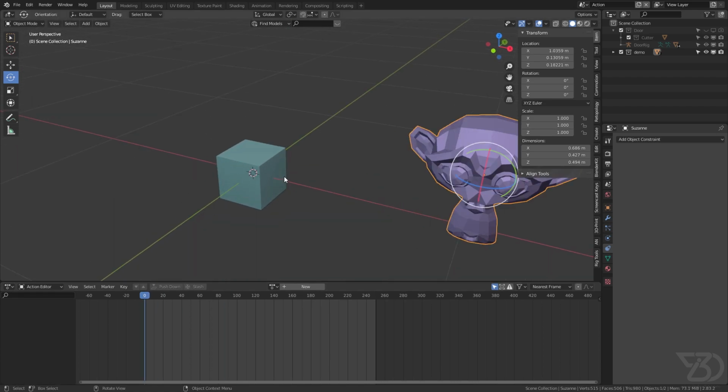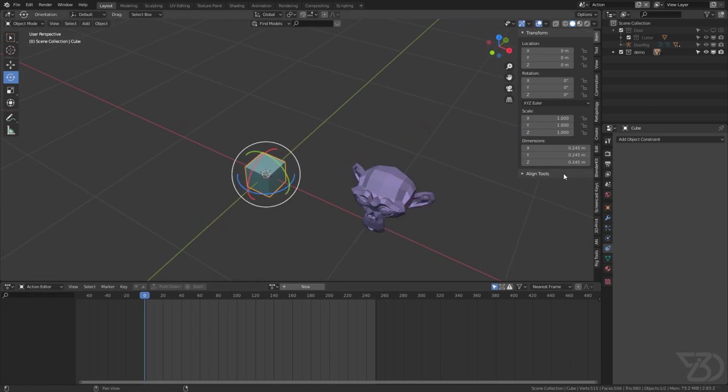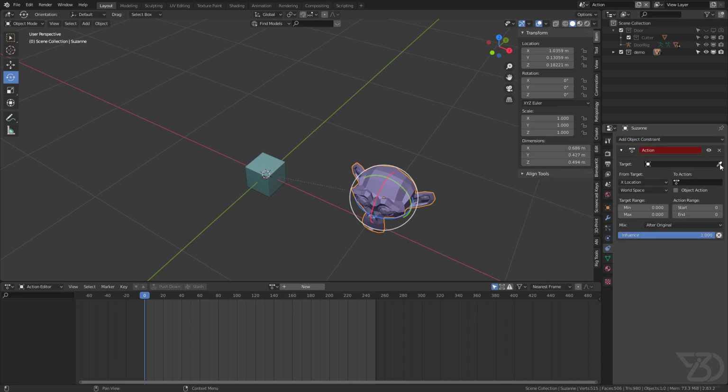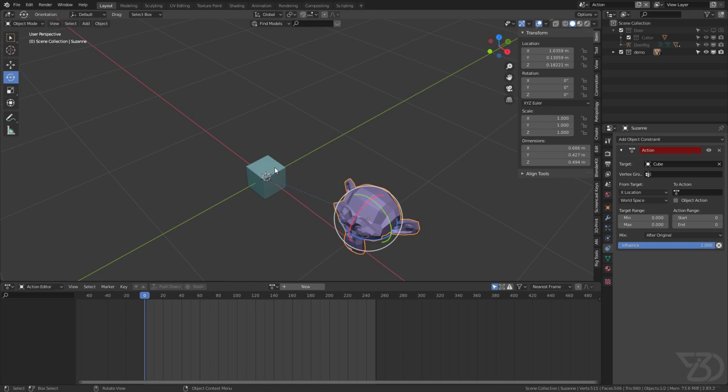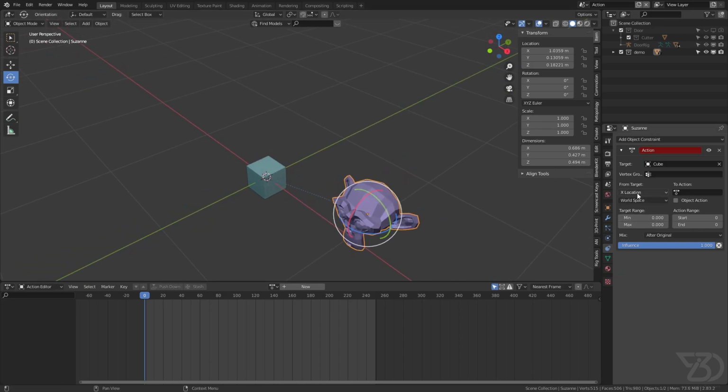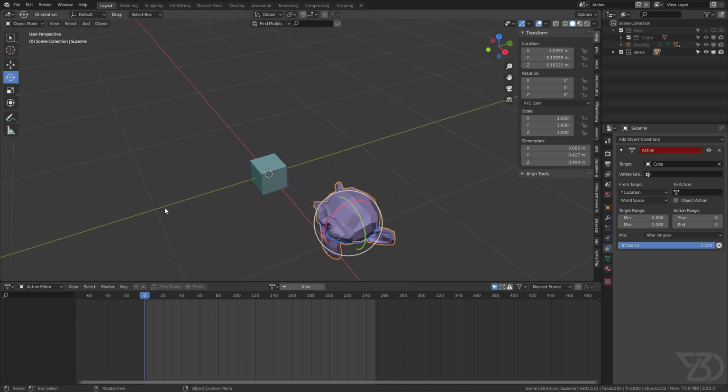Now we can control this action with this cube. So I will select this object and I will add an action constraint, and then I will select this cube and define the axis which I want to control. So I will select Y location and 1. So when this reaches 1, it will animate, and I will select the action which is Suzanne action.